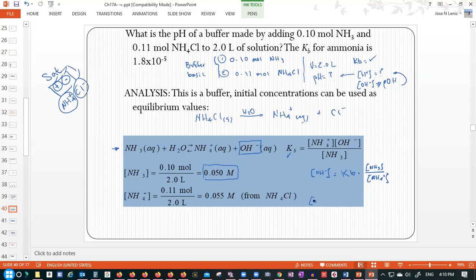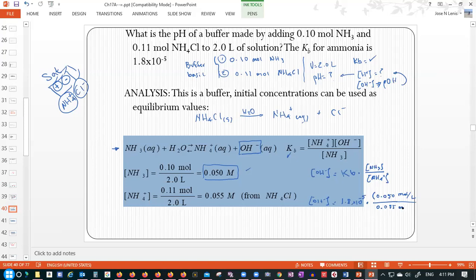So concentration of OH minus will be Kb, which is 1.8 times 10 to the negative 5, times the concentration of ammonia, which is this 0.050 molar, which is mole per liter, over the concentration of ammonium, which is this 0.055